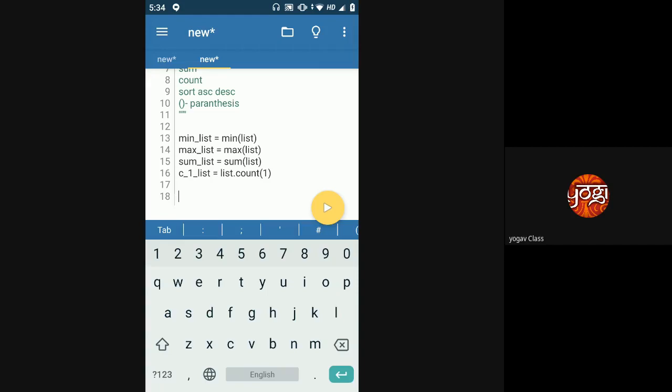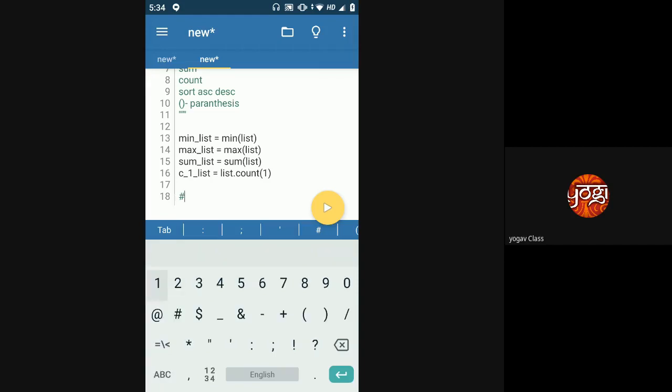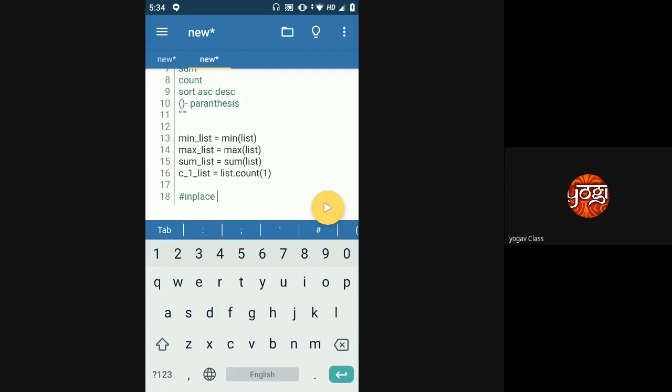Okay, so what does in place function mean? Whatever you're performing is being performed on the list itself. Like in this case you are getting an answer, right? Min is a function, you're passing your list and you're getting a value out of that list, but your list is not getting modified in any way. You're passing that list to the min function, and min function is returning the minimum value from that list.